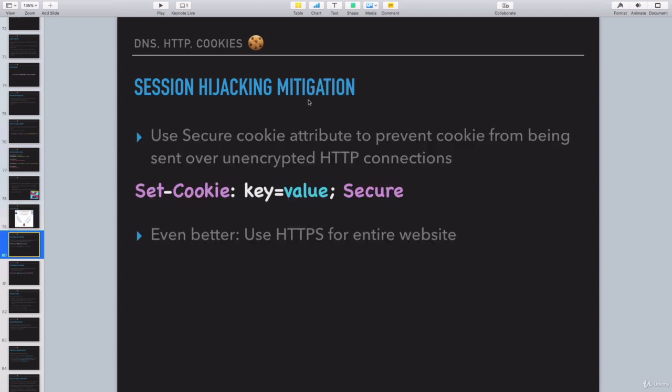So before we get into that, let's go over some of the things that we can do to secure this, and then we're going to actually implement the code. So, session hijacking mitigation: use the Secure cookie attribute. There's this attribute in the cookie API that, if you use it, prevents the cookie from being sent over unencrypted HTTP connections. So if someone tries to get a cookie through HTTP instead of HTTPS,